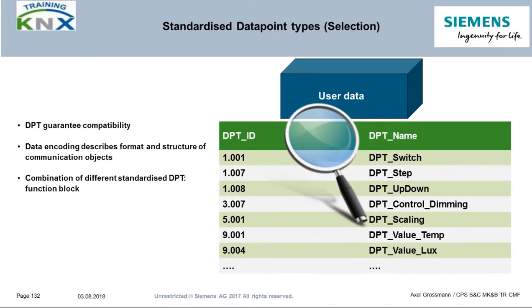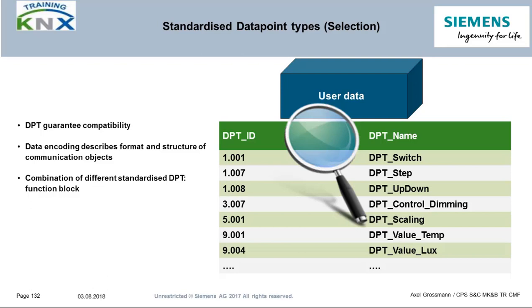Standardized data point types. As already pointed out in the chapter System Arguments, one of the most important success factors of KNX is the standardization. This applies, of course, also to the format and interpretation of the data transmitted in group communication. In this table, you see a small choice of the most common data point types for switching, dimming, and blinds